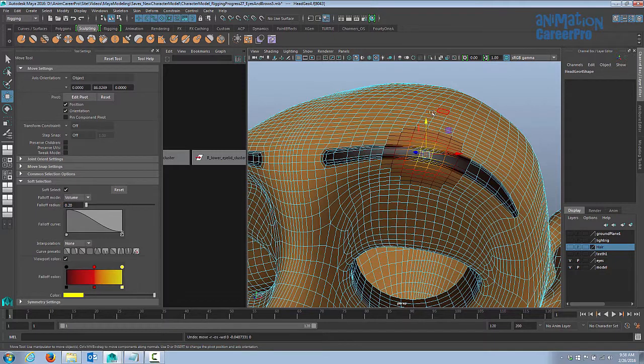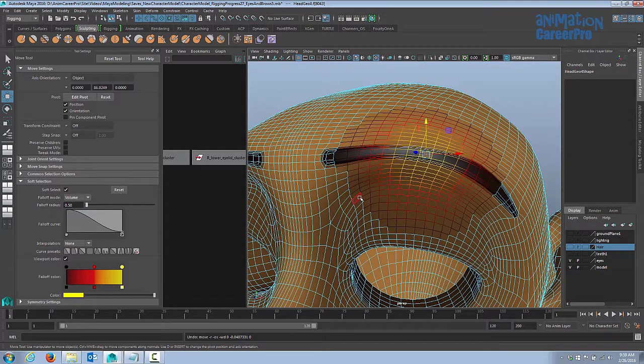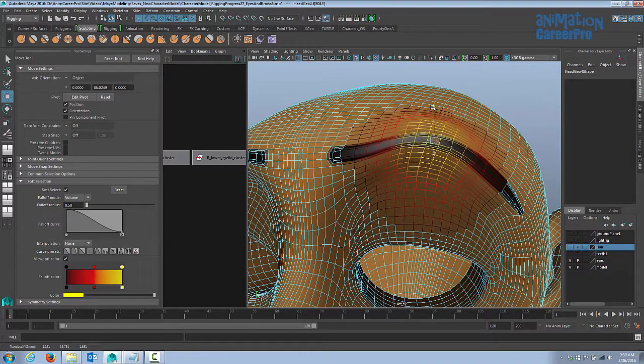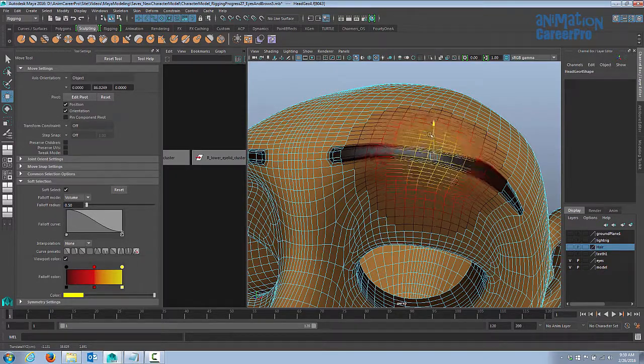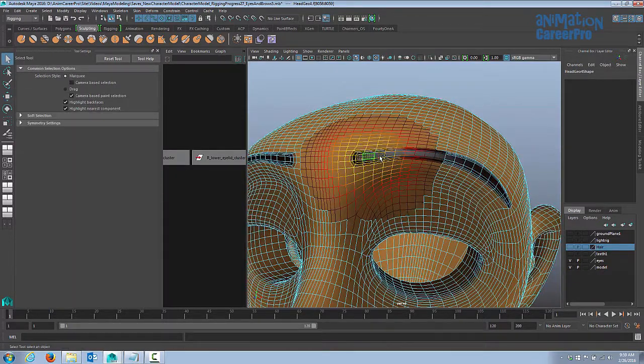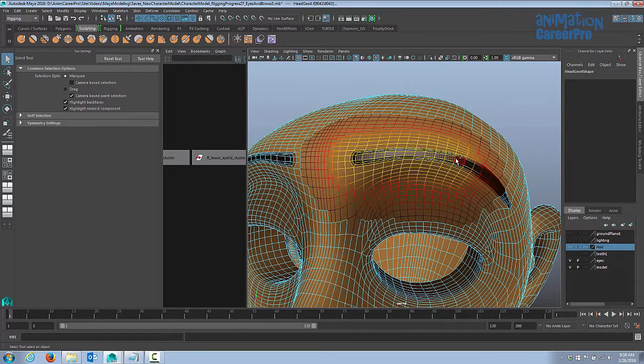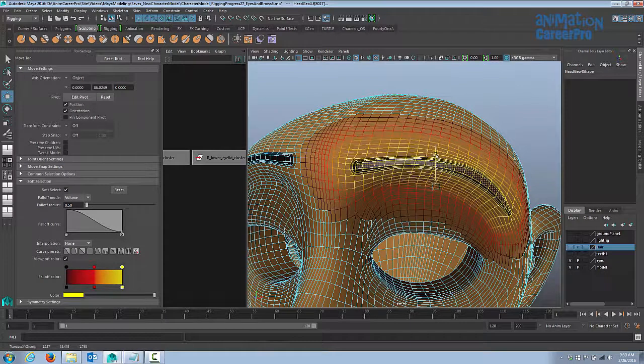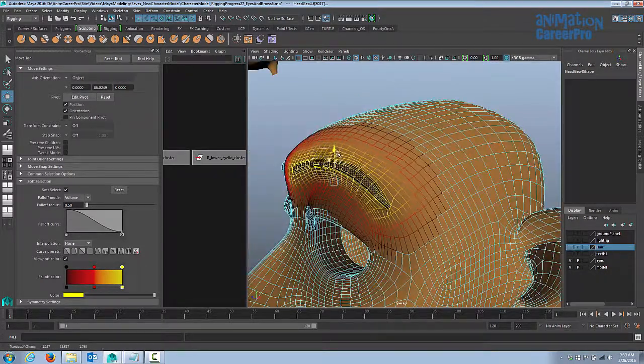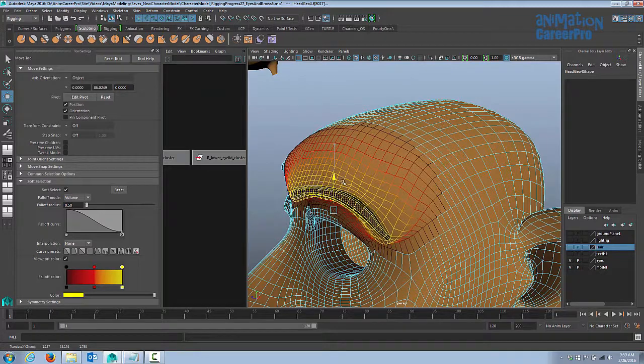So we can increase the radius of this influence just by increasing the fall off radius here. I have it at 0.2 right now. So if we increase that to 0.5, let's say, for example, you can see it gets a lot larger. And now I can shape the eyebrow a little bit better. So if I select a larger area, if I select all the faces on the eyebrow here, we can drop the eyebrows down that way. There will be some tweaking to do after if we do it this way.